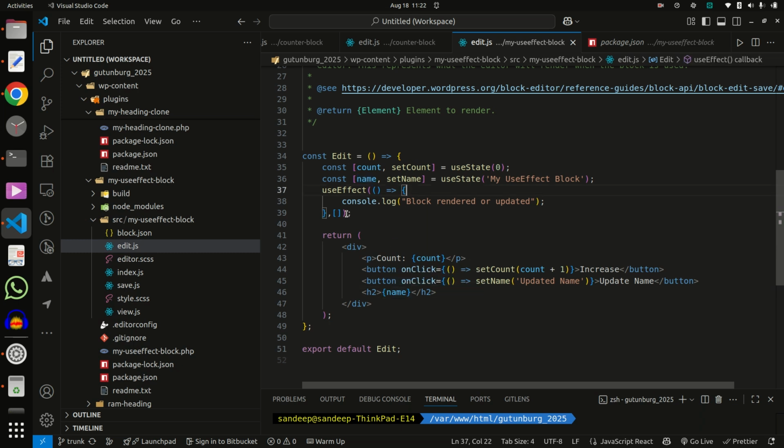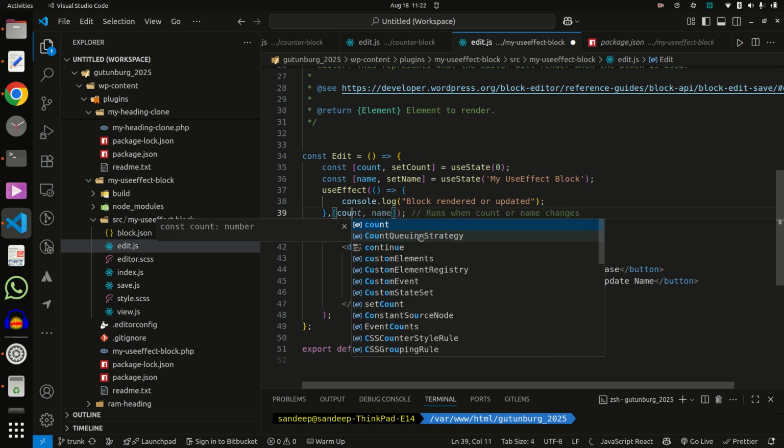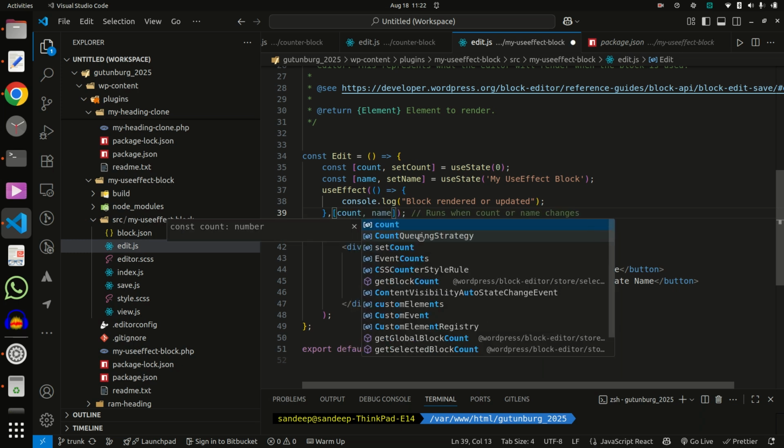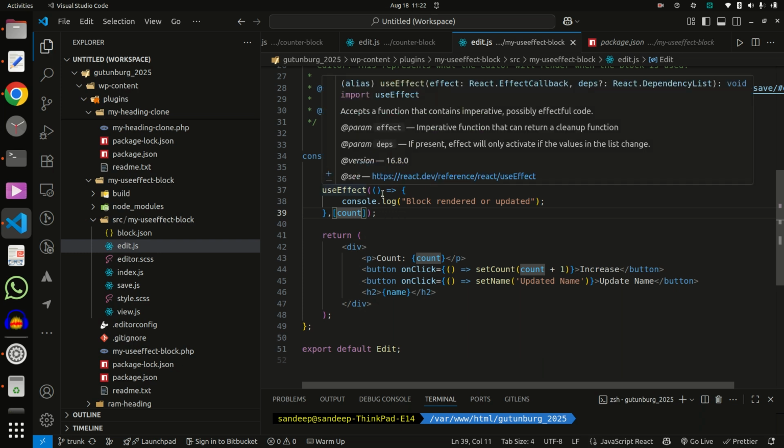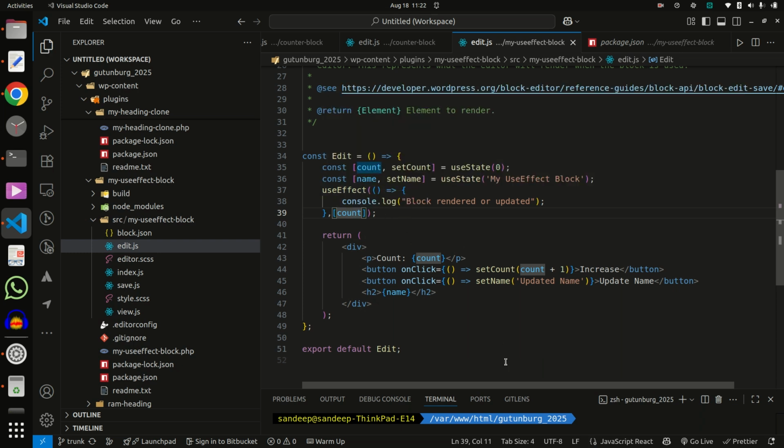Now I am using this so that whenever only count changes, then this useEffect reflects.